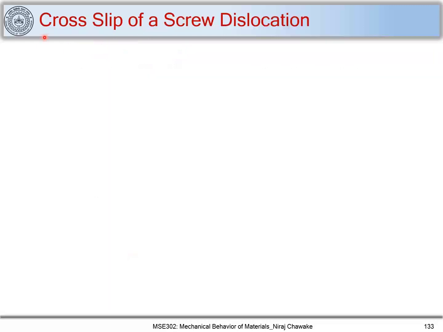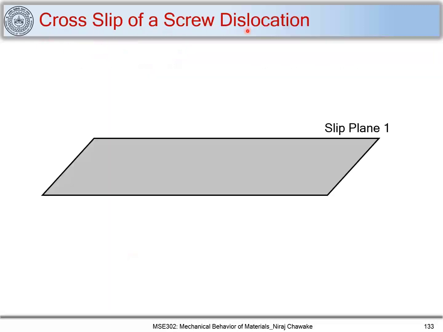Now let's look at cross slip of a screw dislocation. So let's consider this is a slip plane, and let us mark our screw dislocation, Burgers vector parallel to the dislocation line or tangent vector, and let's apply some shear stress, and with the influence of the shear stress, this screw dislocation will move on this slip plane, and this is called a glide of